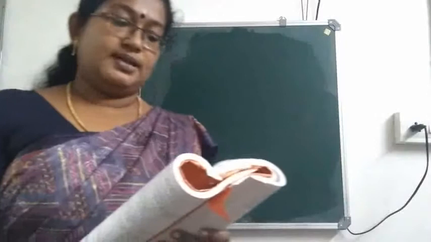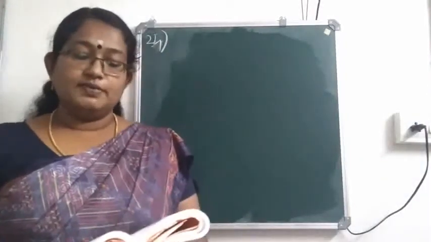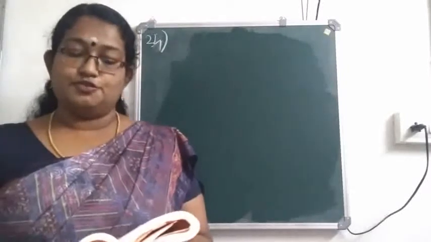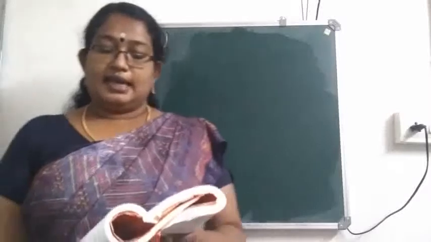Question number 23 you can do as homework. It's a direct question. Now we will move to question number 24. So you can see the diagram there. There the EMF or the potential is given as, is it the EMF or the potential? 4 volt. 4 volt is actually the potential difference, because 4 volt is marked not near the cell.